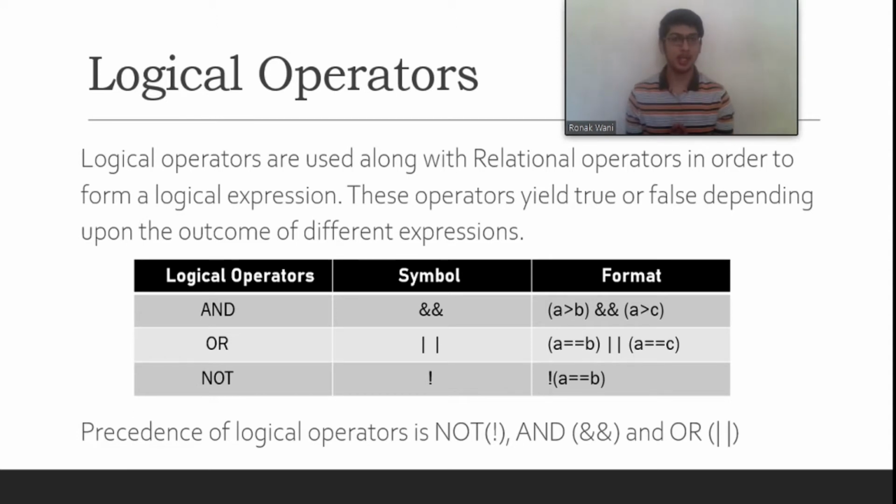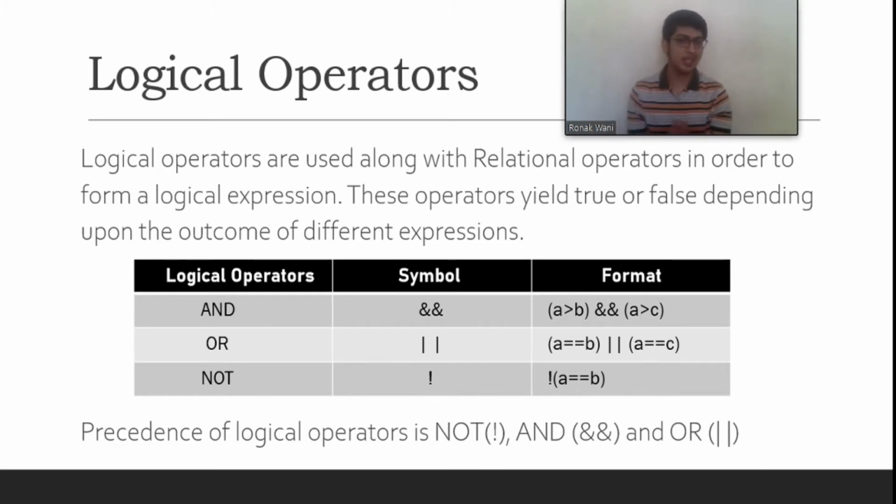The format I have illustrated on my slide, they can be combined with n number of expressions or n number of relations. Like here I have considered a greater than b and a greater than c. Then it can be greater than that also. The number of expressions can be more than that also. Like a greater than b and a greater than c and b greater than c and d greater than e. It can be extended to infinite number. There is no limit that you need to have only two expressions to compare. You can combine n number of relational operators and expressions along with logical operators.